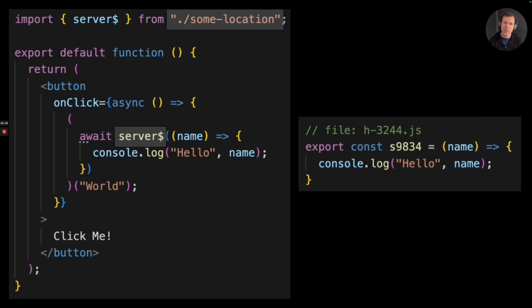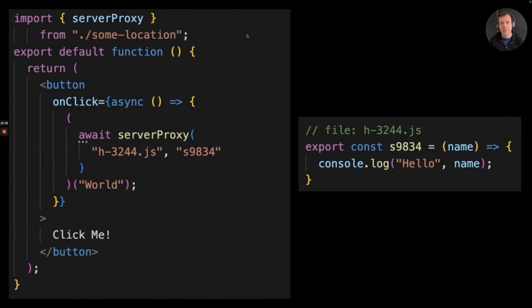In this particular case, let's say we're importing it from some location. The optimizer isn't looking for a specific import. What it is looking for is any function call which has the pattern that it ends in a $. You can think of it as an annotation. So server$, or foo$, or blank$, the $ is a form of annotation which tells the optimizer, I want you to apply this transformation in this particular location. This will become more obvious later as to why we want to decouple this and not have it tied to a specific function.